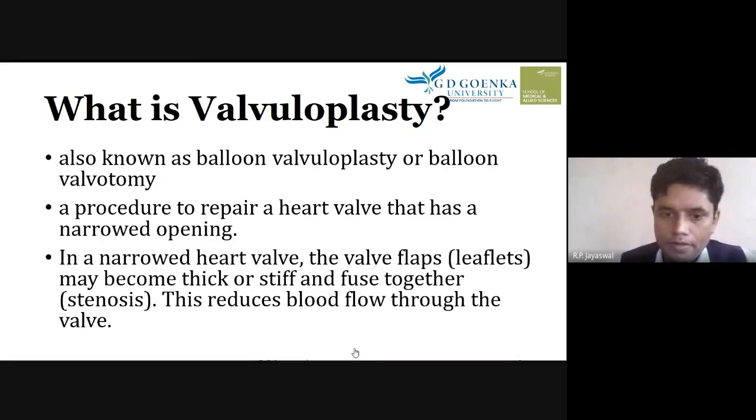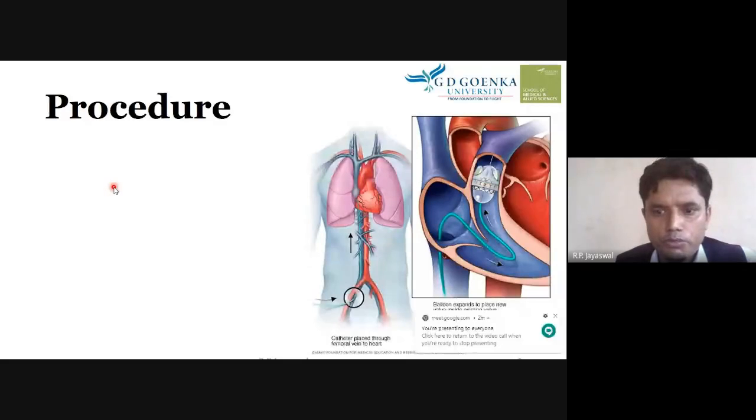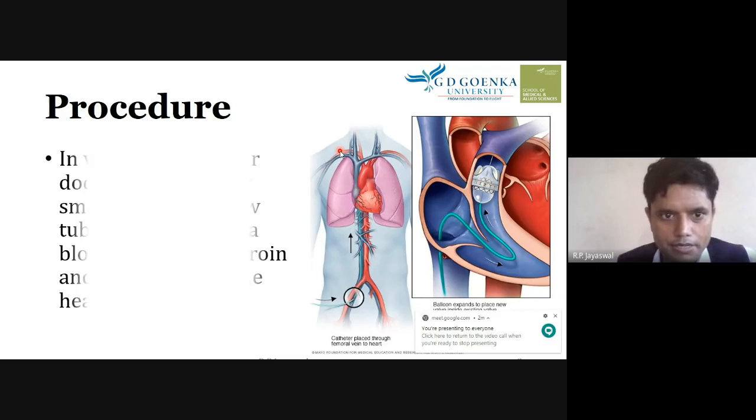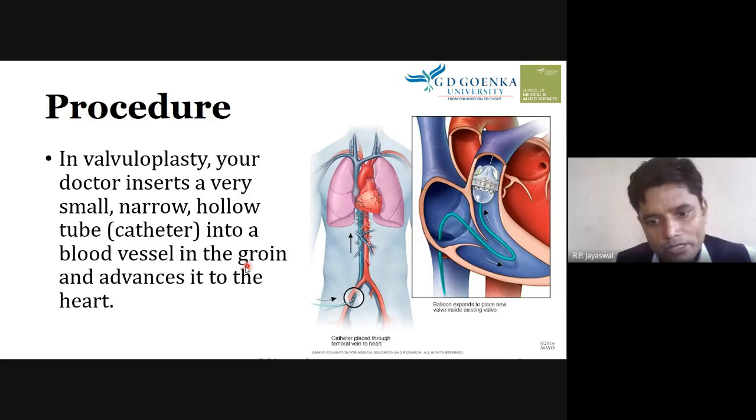Next, we can see the procedure, how we usually do the procedure of valvuloplasty. Okay, in valvuloplasty your doctor inserts a very small narrow hollow tube, we call it a catheter, into a blood vessel which is present in the groin region. This is the groin region. Okay, so here your doctor usually inserts a catheter from these blood vessels which are present near the groin region,